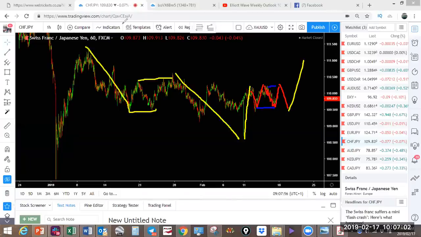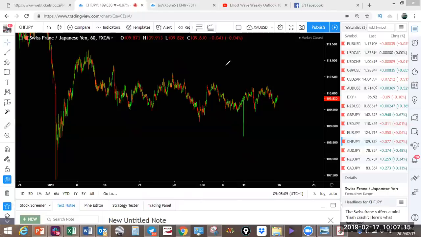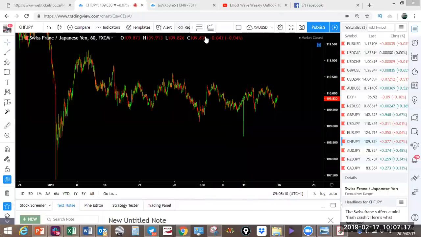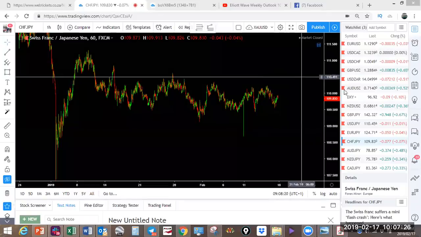So if you wanted to put in labelings here, you will see that this is a simple 3 waves move down, 3 up, 1, 2, 3 down, and then you're starting a new move to the upside. Whether it's an A or a 1, 2, 3, 4, 5, it's a different story. Let's watch. For now, you've got this move that you may want to trade. It's a small move. You can come back there and then up. Still short for now. Right, so that's Euro. AUD we already looked at